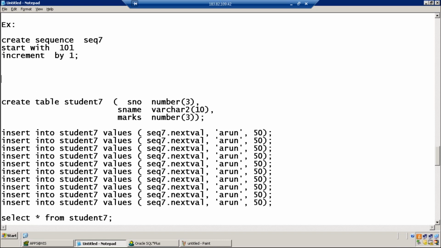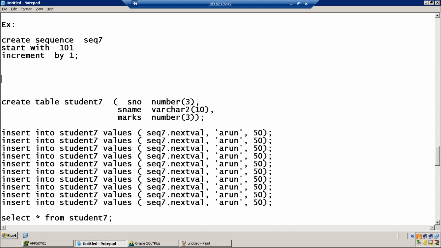But if that is the case, then can we take infinity on the top and then make it -1 countdown? No. Especially if you are decrementing, you should start with one number. That one number you will have in your mind. So you need to design the sequence at the time of creating. If it is incrementing, generally we start with 1 or whatever it is. If it is incrementing or decrementing, we provide one start with value.